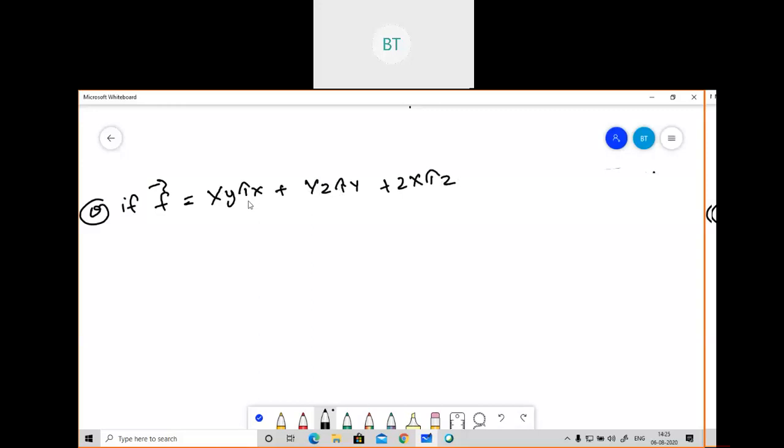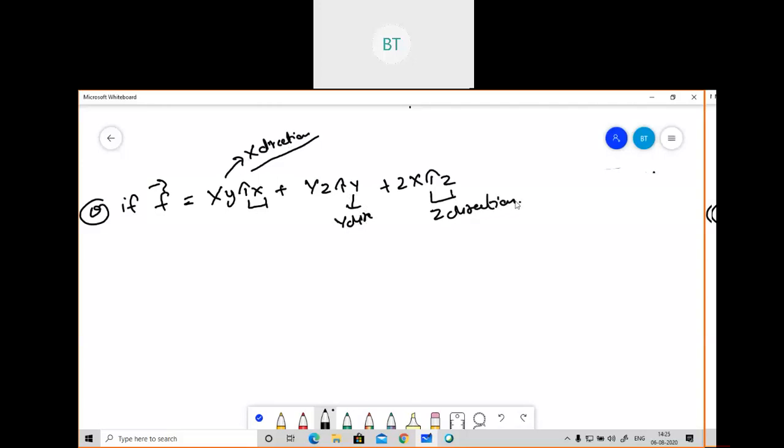So this i cap x means the x direction. I'm talking about the x direction of x in the x direction. I cap y means the y direction. If you are not familiar with that, please be. So this is what direction will be represented by i cap y, i cap x, and i cap z means the z direction. I'm denoting the z direction.